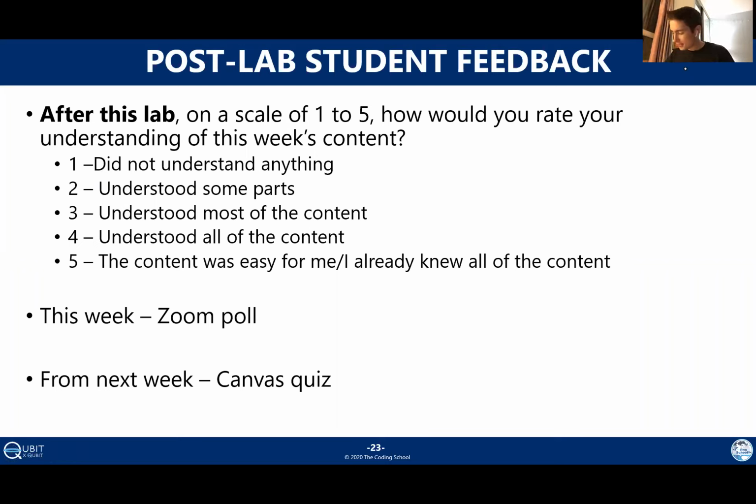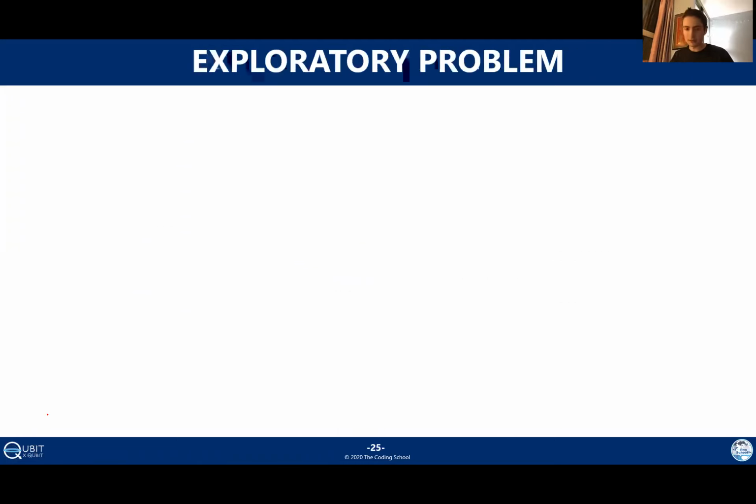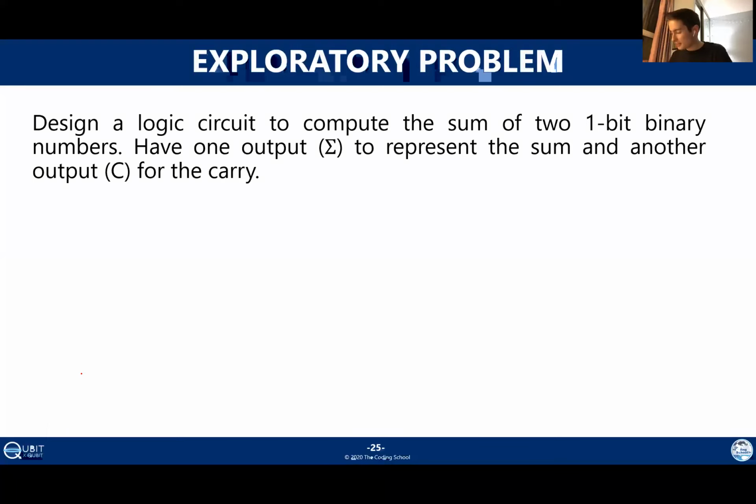Okay, so we have just a couple of minutes left. I will do one piece of the optional content. So for this, we're going to look at the 1-bit adder. I'm going to read out this problem statement, and then I'm just going to talk a little bit about how you might approach this. We're not going to have time to work through the full solution, but I hope with the setup I give you, you would be able to do it on your own.